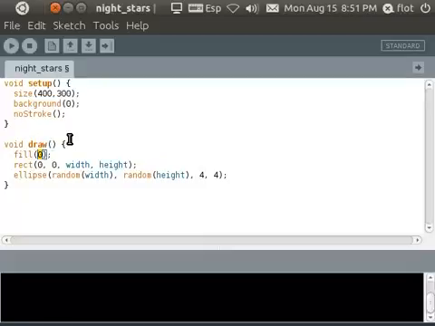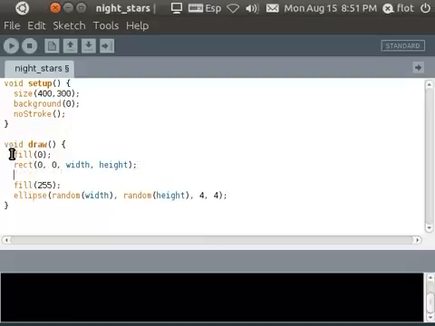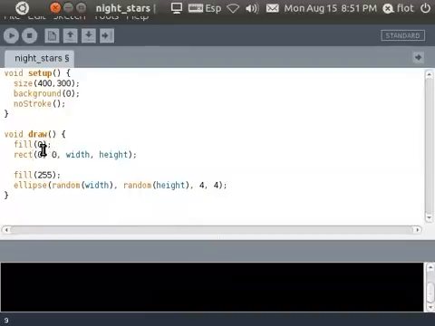I'm saying use black color, and then I draw a rectangle. Then I should add a fill 255 if I want my ellipse to be white. So you remember, you first set the color, then you draw something, then you set the color again, then you draw something. So right now this will make exactly the same effect as before,